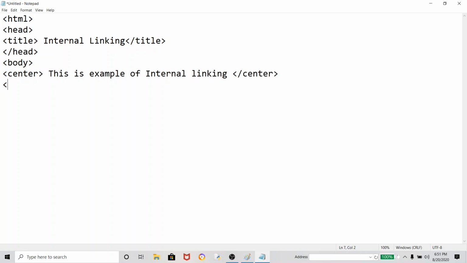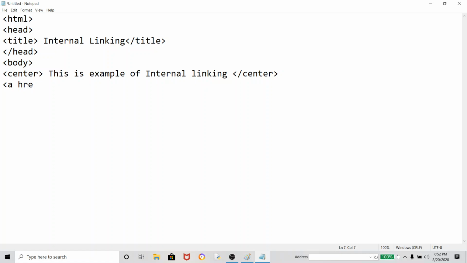And then here I have given all the links, a href equal to. Now whatever the name, first you understand here, if you have given any bookmark and you want to give that link, you have to use the anchor tag, that is a, and the attribute is href, hyper reference.